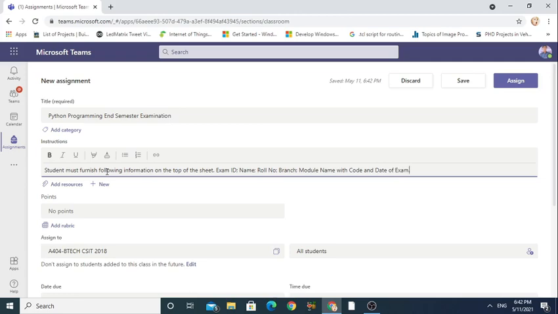So this instruction we have to supply into this instruction column.